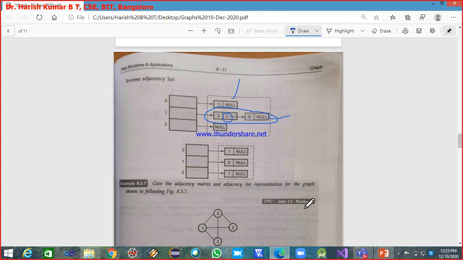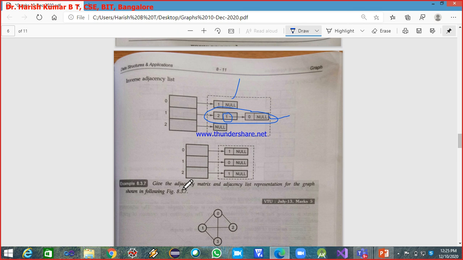Next, this was the adjacency matrix and list representation for the following graph. This was asked in one of the question papers, so you can make a note of this and try to solve it later. This is an undirected graph again. You have to write the adjacency matrix and the adjacency list for this. It is the normal adjacency list, not the inverse adjacency list.